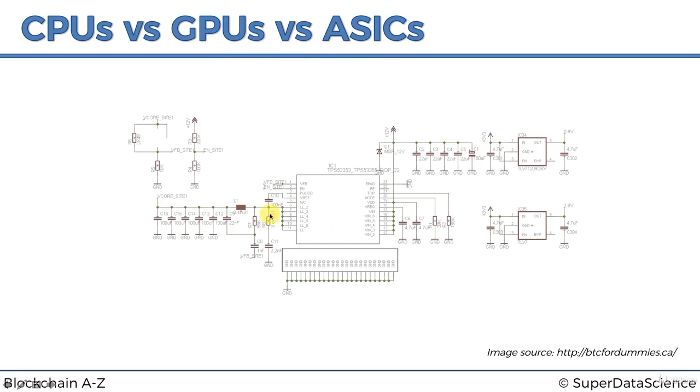But at the same time, it's important to note that ASICs can only be used for certain cryptocurrencies, such as Bitcoin. You can use ASICs for Bitcoin because Bitcoin uses the SHA-256 hash, and most ASICs are specifically designed for that. Whereas, for example, Ethereum uses the ETH hash. We haven't spoken about this, but Ethereum uses a different type of hash called the ETH hash, their own version of hash,